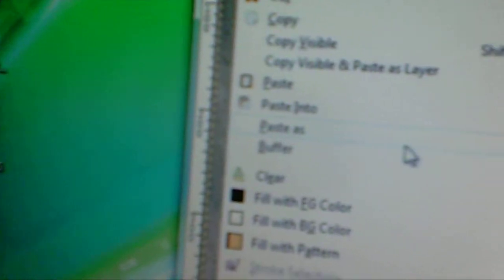So now edit, and unlike Photoshop, we are not going to just paste. Since we're using GIMP, we want to paste as new layer. So now here comes the transform. Go to layer, transform, and this time we are going to flip horizontally,